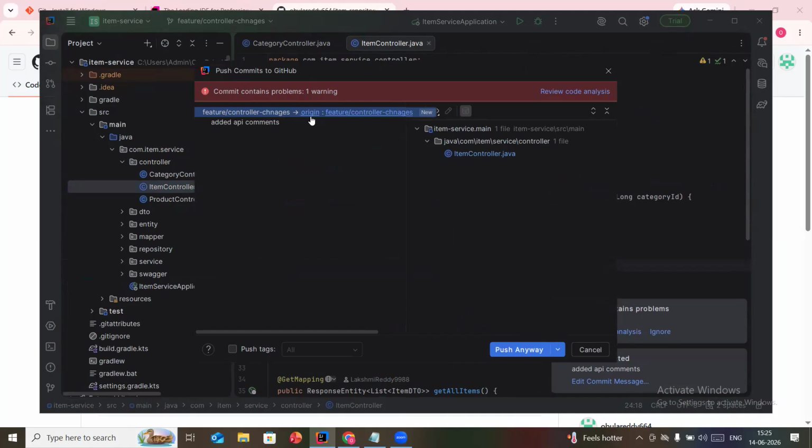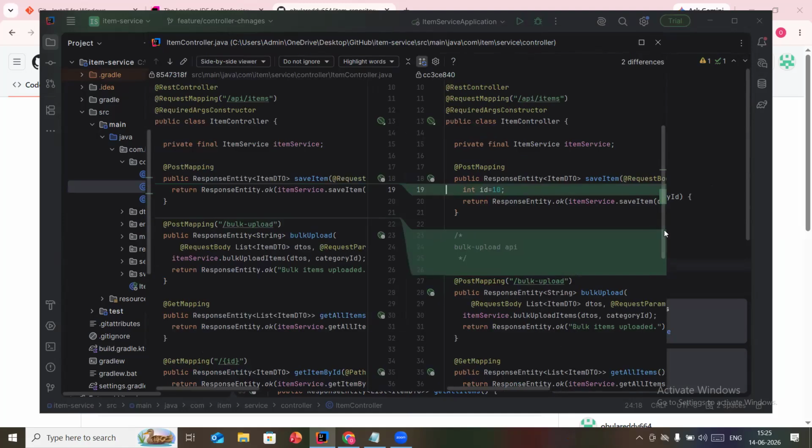So here also if you see, it is showing this is a new branch that we have created. This is the commit ID. So in the commit ID, this is the difference. If you click on this commit, it will show again whatever we have done in the commit, that commit ID it will show. Okay, if you see this,